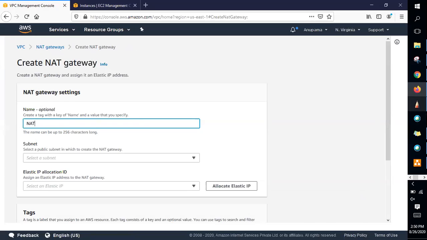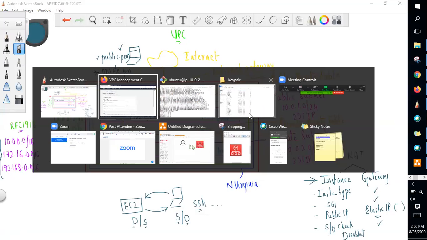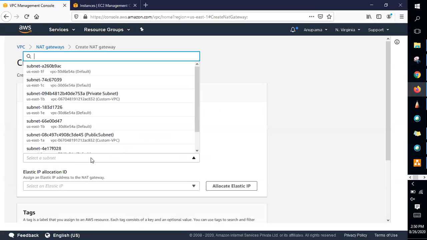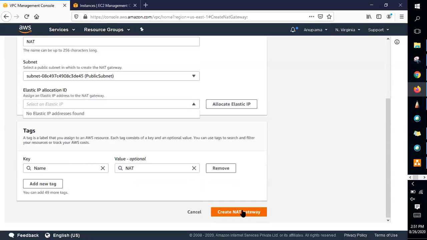I said that your NAT instance or gateway should be in the public subnet, so you have to select the public subnet. Click on that, and you have to give the elastic IP address. I said that an elastic IP address will charge us, correct? So when we are doing it, you can just say allocate. If you click on this, it will allocate it and you can create it.